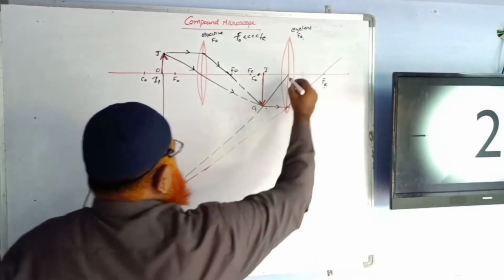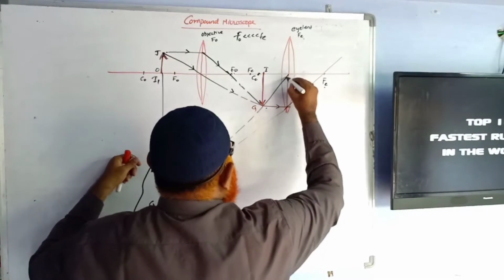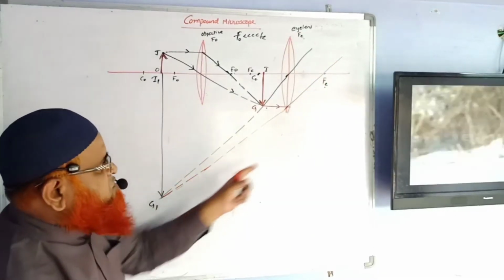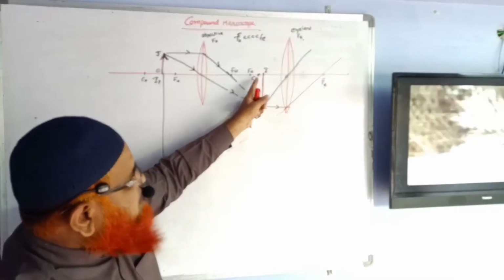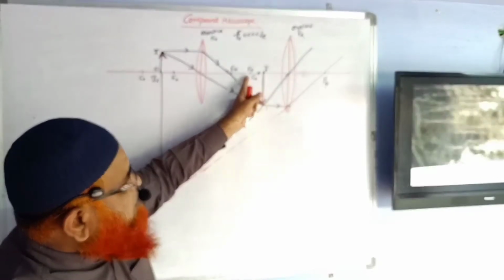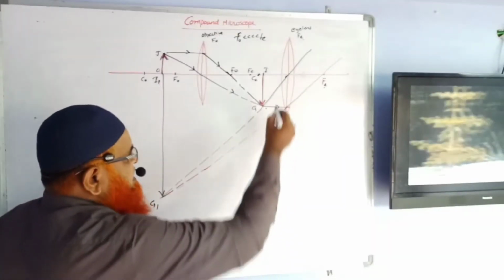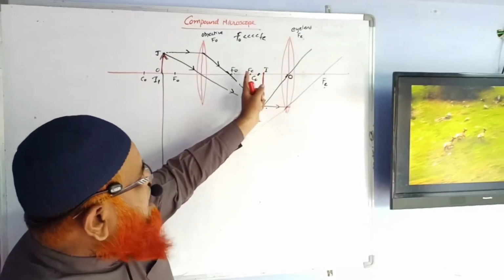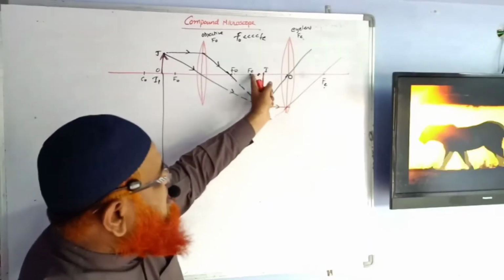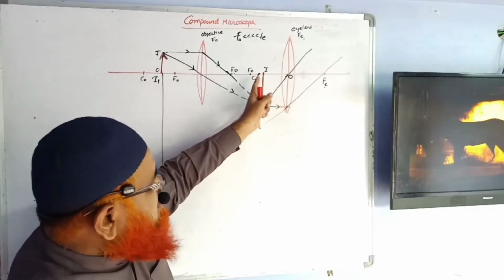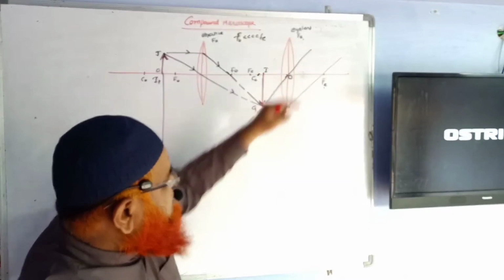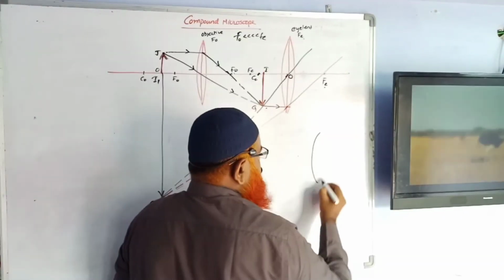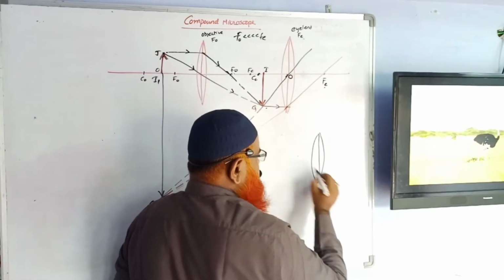Now let us see what is going to happen here. I am drawing one line which is passing through the optic center. Now for the eye lens, if you observe, the object lies between the focal point, I mean principal focus, and the optic center. This is going to be the optic center for any lens, and the image is formed between the focal point and the optic center. This image, which is going to be the object for the eye lens, is placed between the focal length and the objective. According to the concept which is already known to you, these are the basics here.